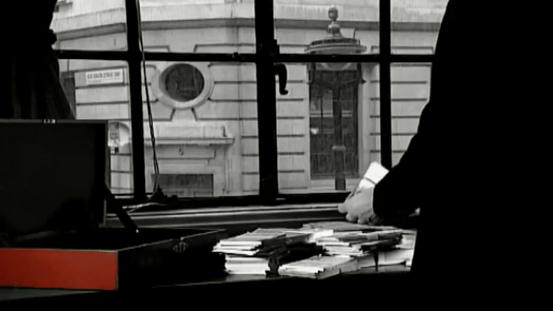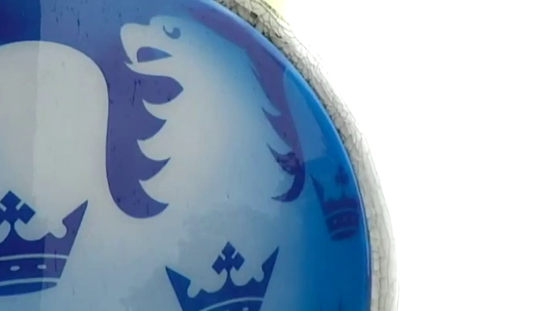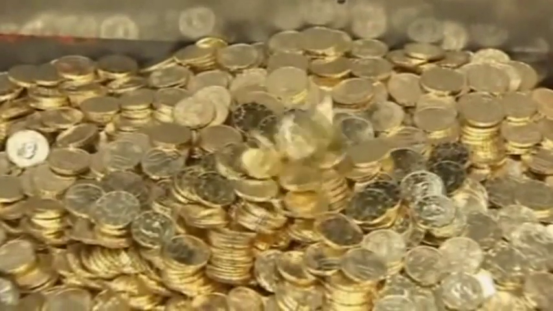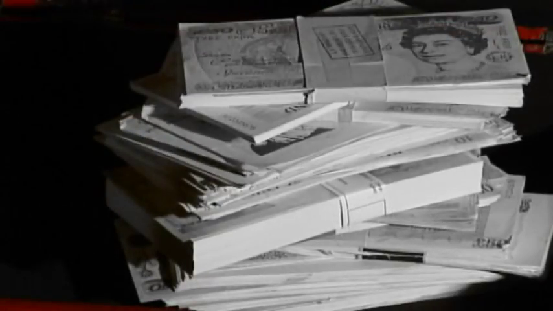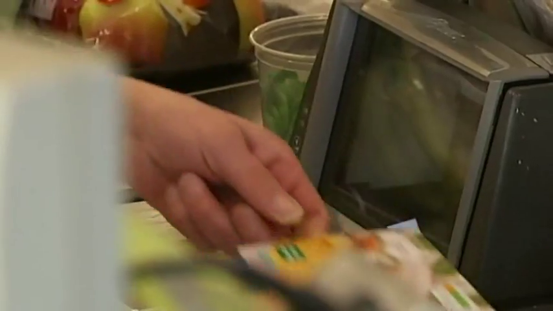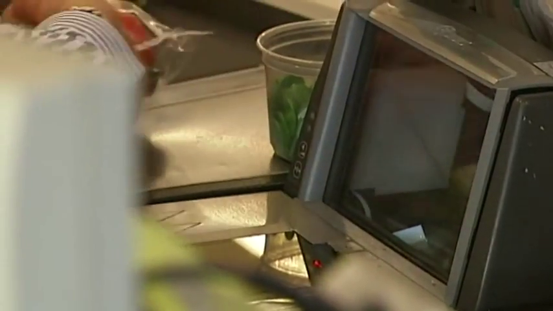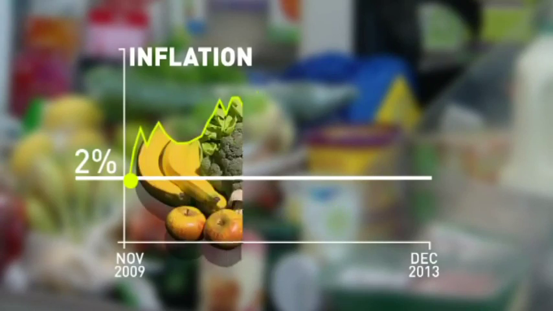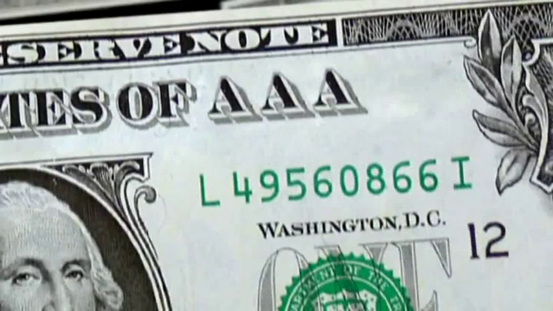And because the value of a fiat currency isn't linked to gold, governments have the power to issue more of it where they see fit, while banks are able to create more of a fiat currency through lending. Under the fiat system, there's no limit to how much money can be created, and this has led to the global money supply increasing dramatically. The problem is, the more of a currency that's in a system, the more the prices rise, and this, in turn, leads to inflation and the value of that currency going down.